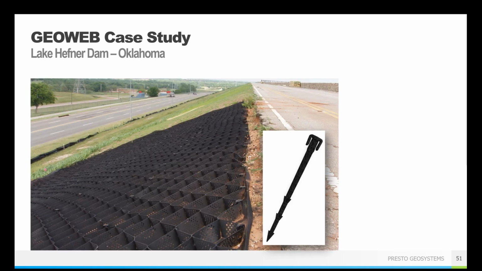So it was placed on a 2 horizontal to 1 vertical slope, and anchored with the Atra speed stakes. Those were those HDPE stakes. So they were able to avoid adding any metal to this system because they didn't want to have to worry about corrosion of the metal over time. And so the stakes were able to hold the panels directly in place, all the way up against that roadway face, so that there wouldn't be any areas of undermining.